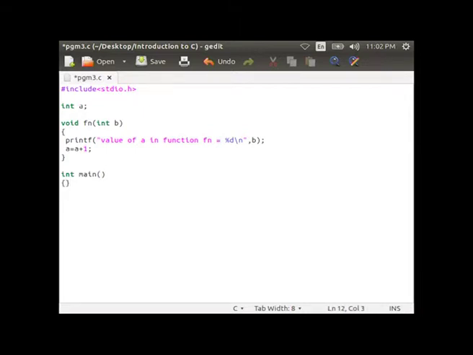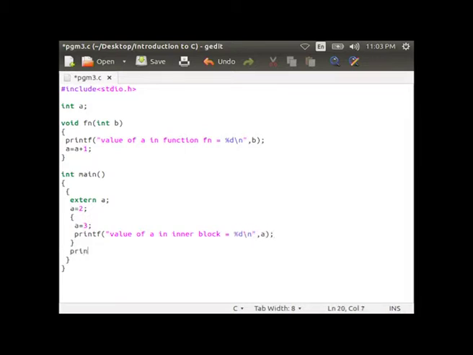Then you start the main function int main within curly brace, again curly brace extern int a and a equal to 2, then start next curly brace a equal to 3, printf value of a in inner block equal to %d comma a, then close the curly brace.